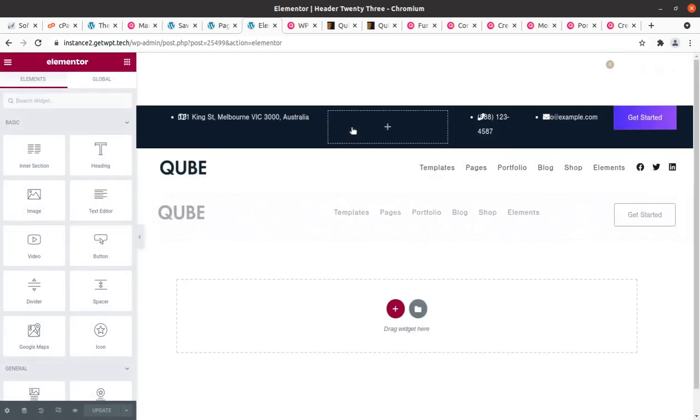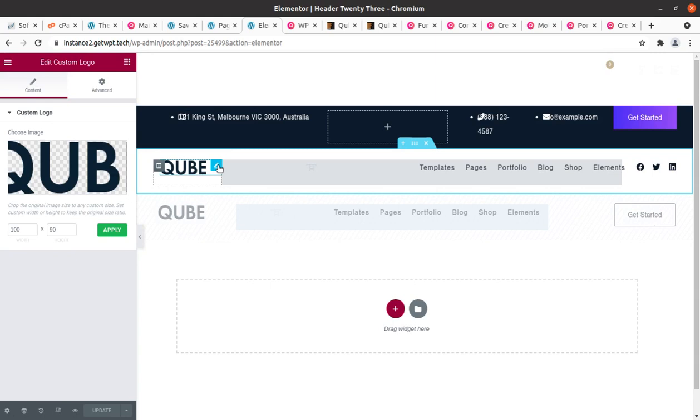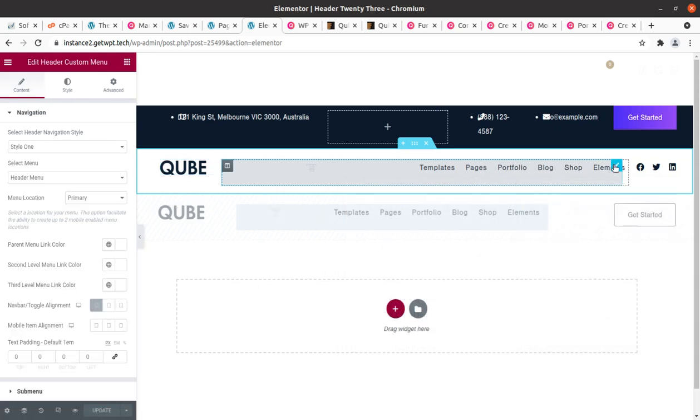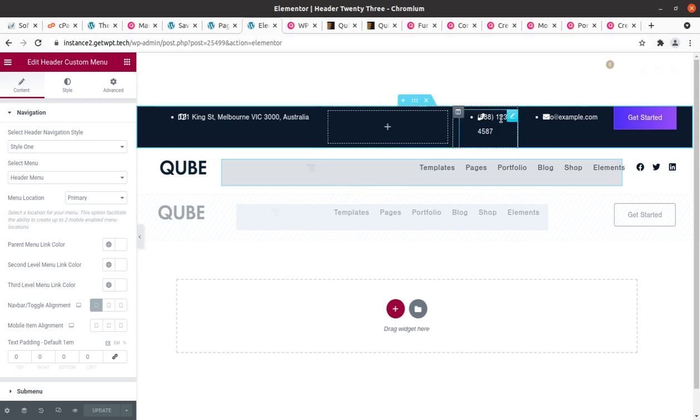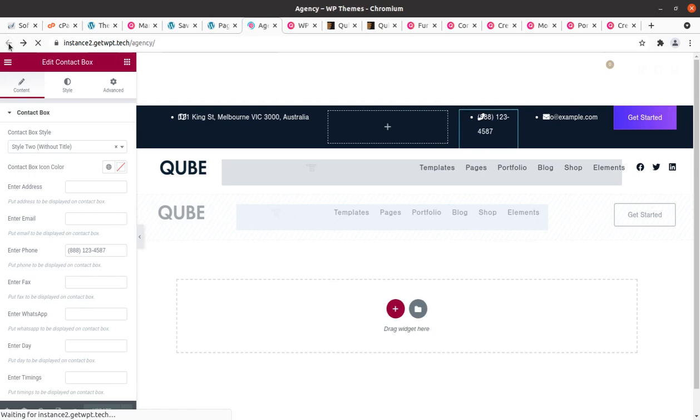Editing with Elementor is always easy, so you can simply edit the logo here by clicking the pencil icon, and similarly you can control the contents of the header area from here. You can remove things, you can change the information and other things. So now we can go back.